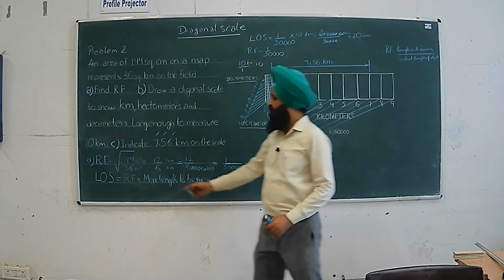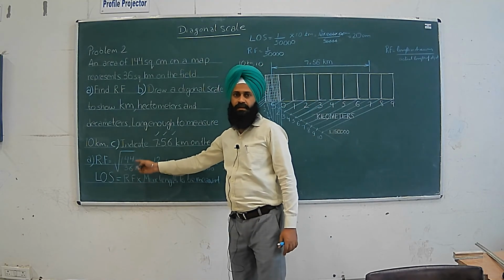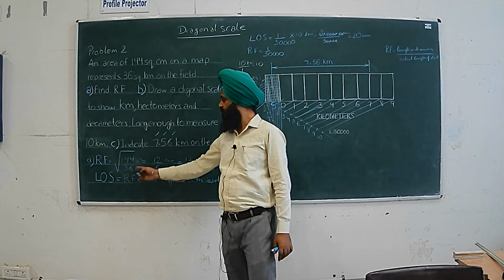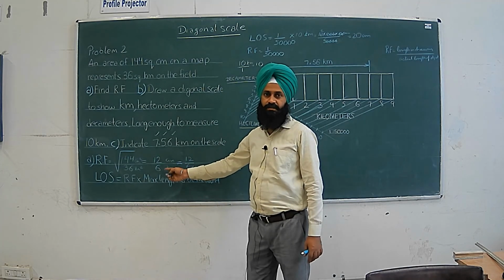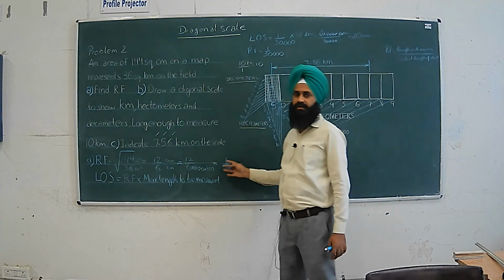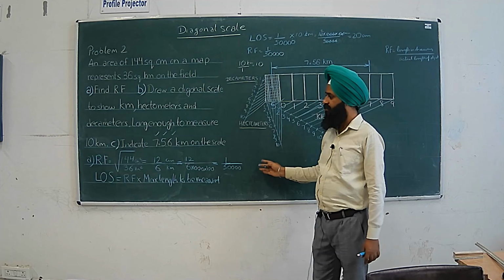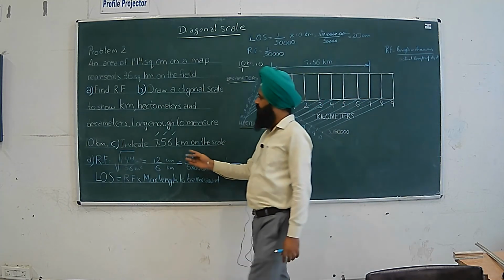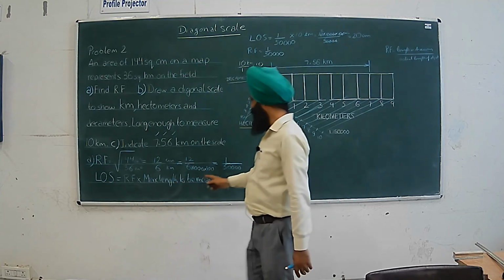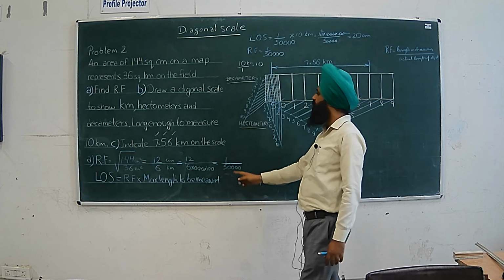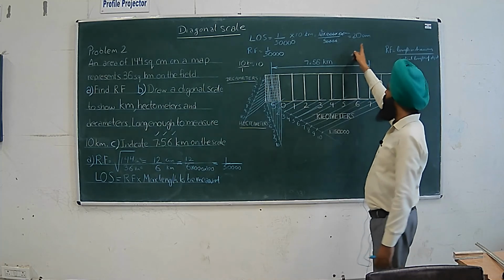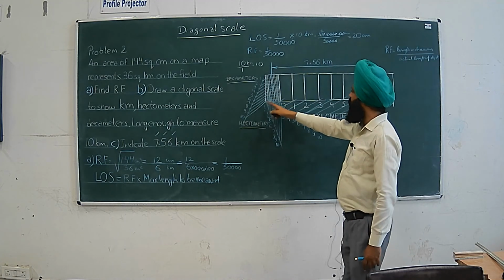Okay. So this completes our problem number 2 on diagonal scale, where RF was given in terms of area. So we square rooted the ratio of the areas for drawing and for the original area, and we get the answer in terms of length, and we converted it into centimeters, and we get this ratio 1:50,000 for RF. Then we see that we are to make this scale for 10 kilometers. So the maximum length to be measured is 10 kilometers. So we multiply it by RF to get length of scale, which is 20 centimeters. So we draw a 20 centimeter line